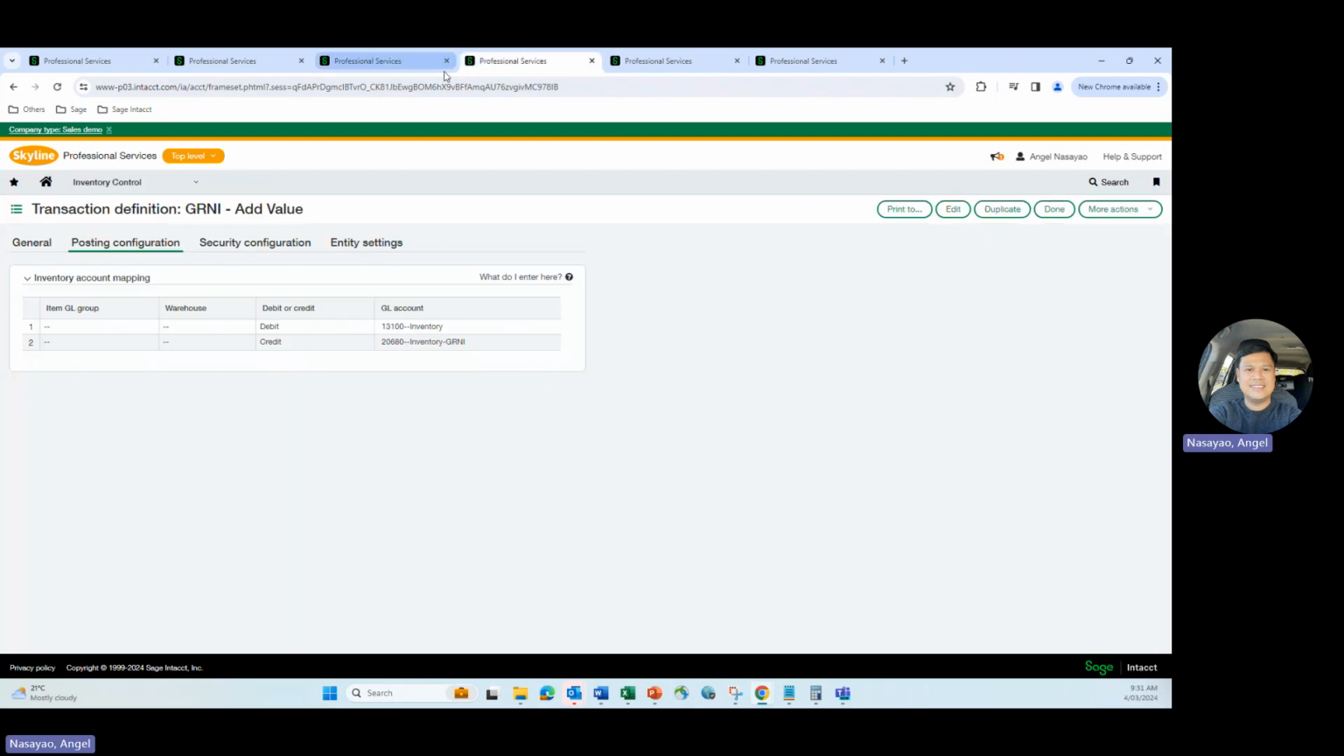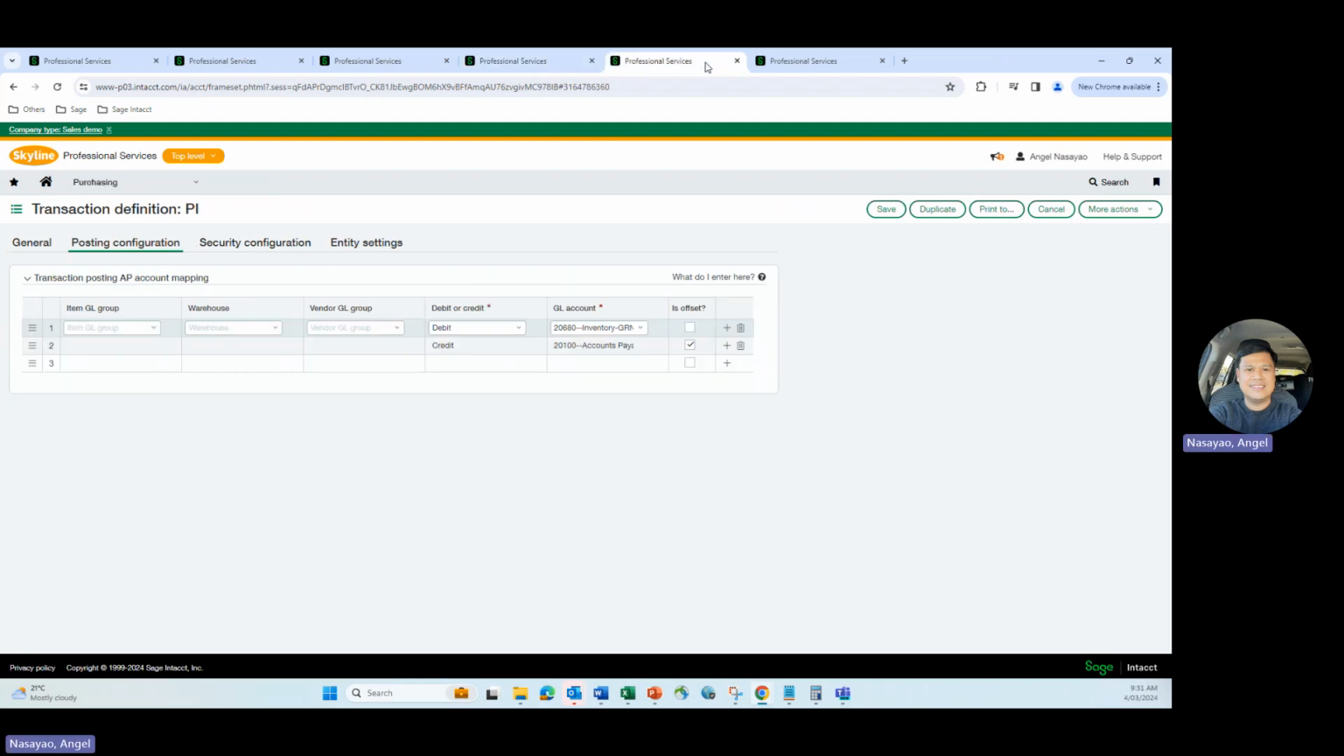Okay, so this is just the transaction definition for add value. As you can see here, I'm debiting inventory and crediting the GRNI account. Let's create just the PI in here, the purchase invoice, just the posting that I have in here, which is debiting your GRNI and crediting your accounts payable. So let's create a transaction and see this